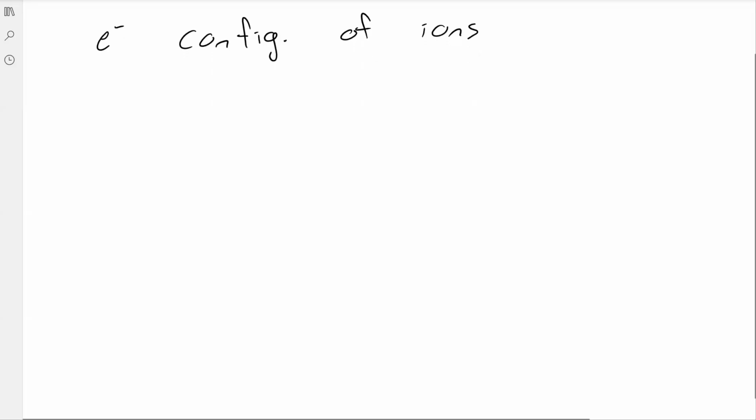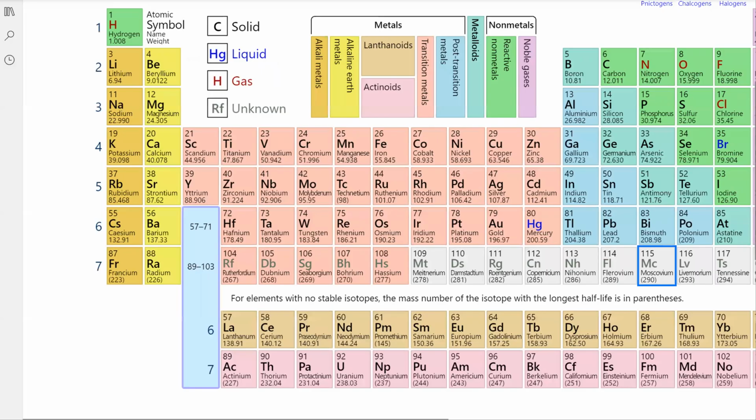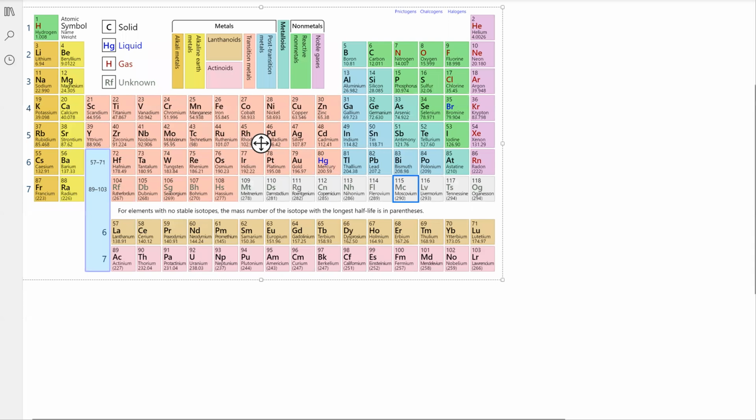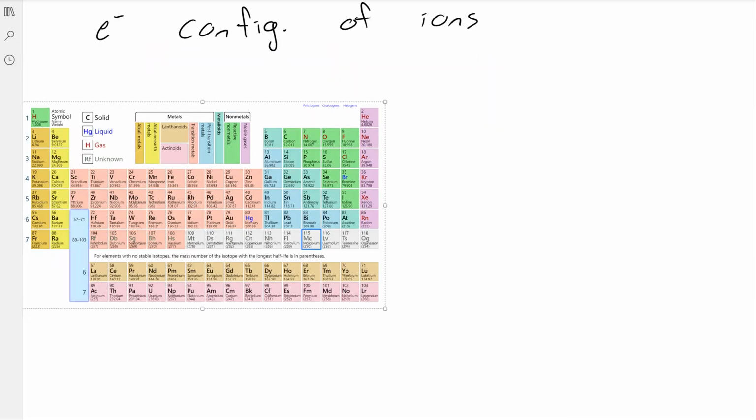Right, just like we can draw the electron configuration for elements, we can also draw them for ions. And it's pretty much the same thing. We just have to either add or subtract away some electrons. So for example, if we had O2-, remember 2- is the common charge for oxygen, we would just write out